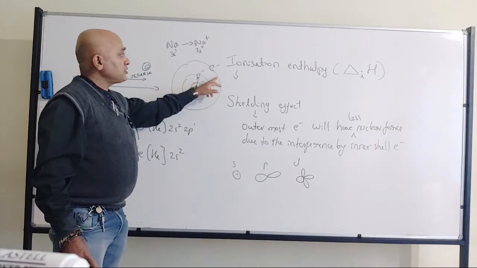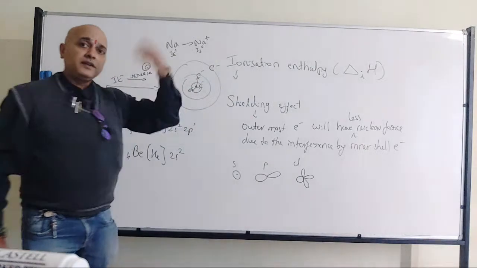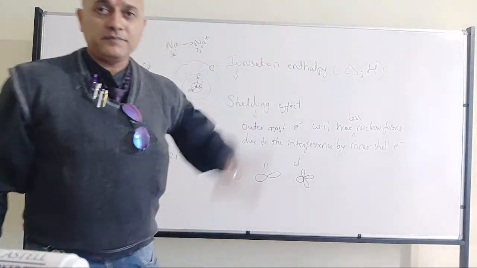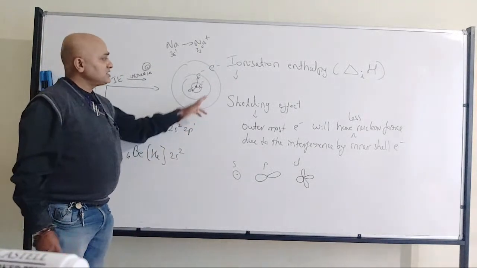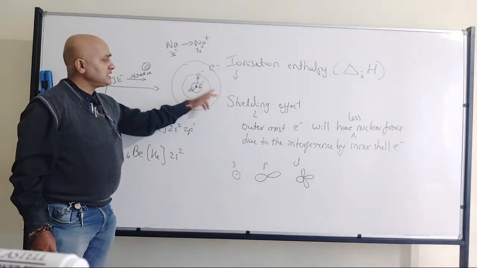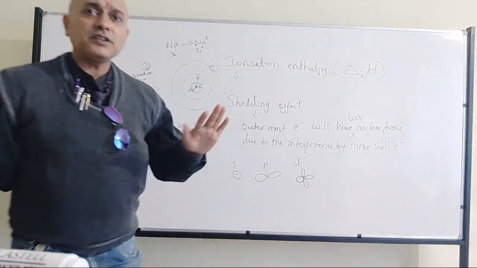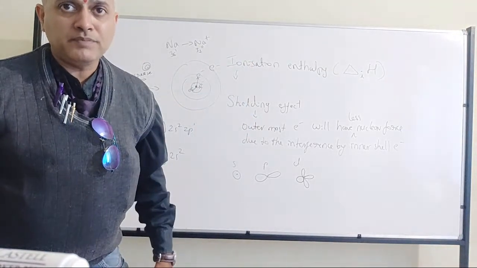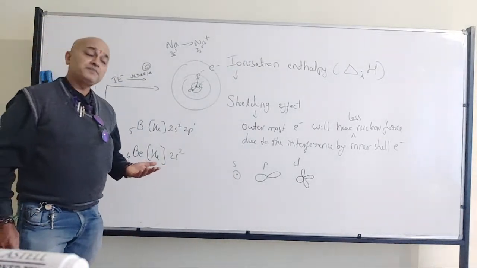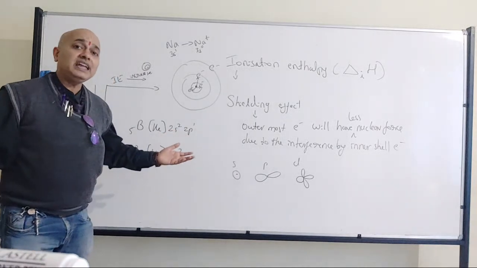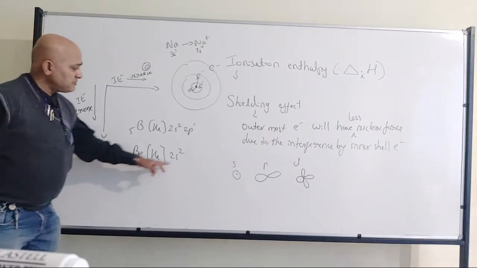But the outermost electron cannot show the shielding effect on any other electron because nothing is there. The outermost electron is the last one. So therefore, the shielding effect is applicable for all the energy levels except the outermost energy level and the innermost energy level. For all the other energy level electrons, the shielding effect is applicable. But we will be interested in valence electrons. Fine? Because that is the one which is involved in the reaction. So what I mean to tell you is, that's where we can see,